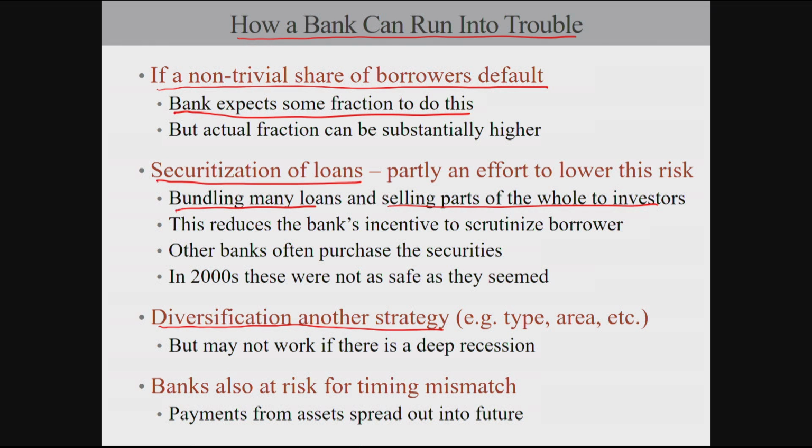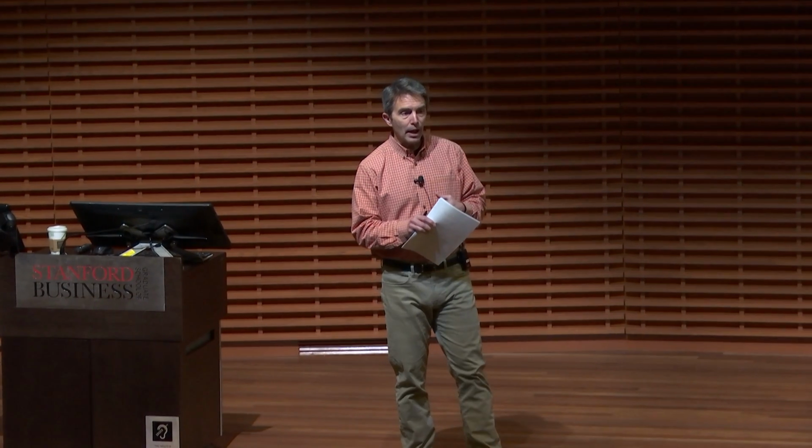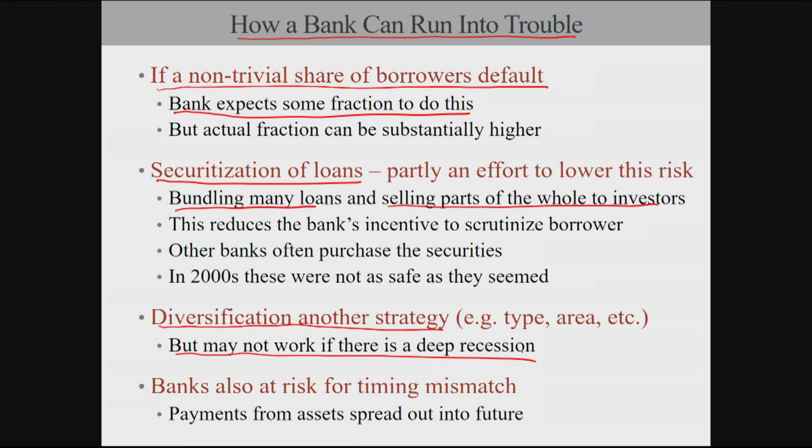So some banks will try to have their mortgages not all in the exact same geographic area. If you're a bank and all of your loans are for houses in Silicon Valley, and house prices in Silicon Valley fall, you're going to be very exposed to the risk of going into negative net worth. Whereas if instead you've got some loans in Silicon Valley, but also some loans in the Pacific Northwest, the Midwest, the Southeast, and the Northeast, you may be more diversified. But that diversification may not work if there is a really deep recession like we had from 2007 to 2009